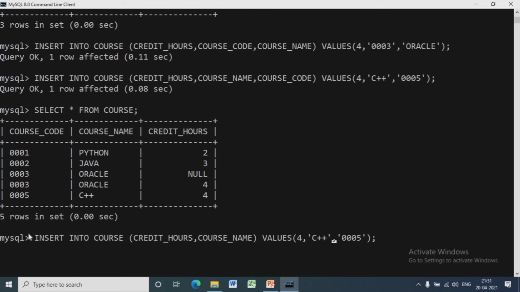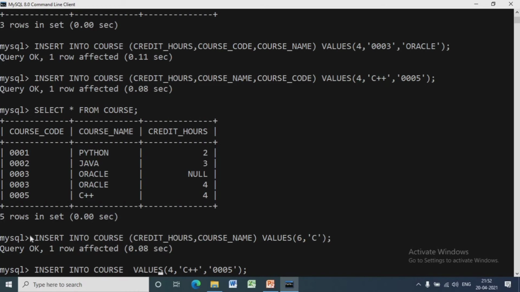Here I am changing only the credit hours and the course name. Now we'll execute the query, and one row will be inserted to the table with null value in course code.